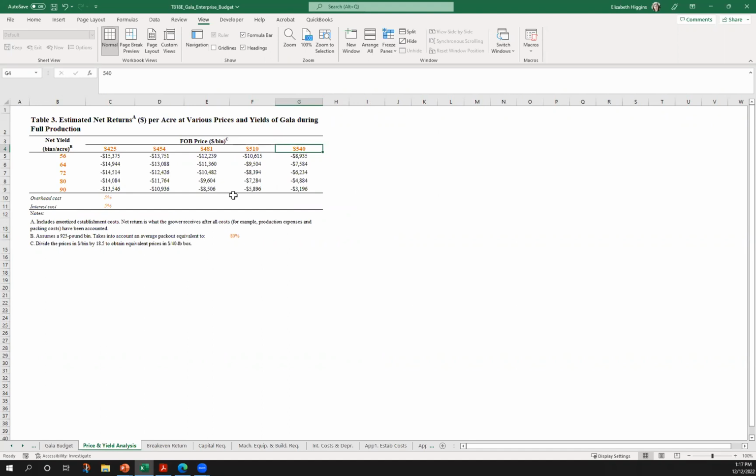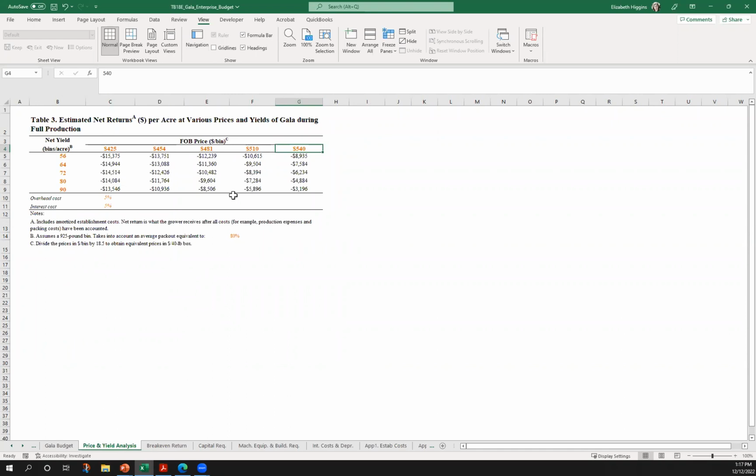You might say, oh, this is not looking good. This is looking pretty risky. Let me see if I can look at some other enterprises that might have a better estimated net return over reasonable yields and reasonable prices over an amount of time.